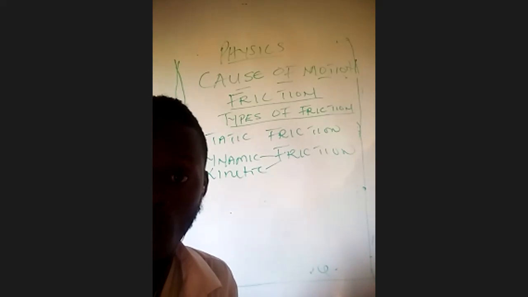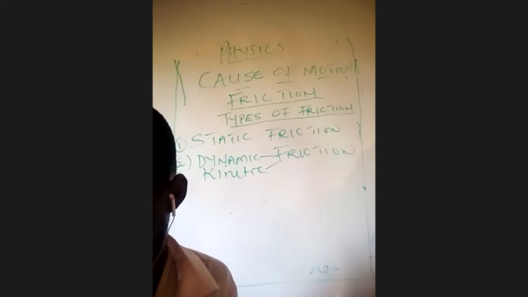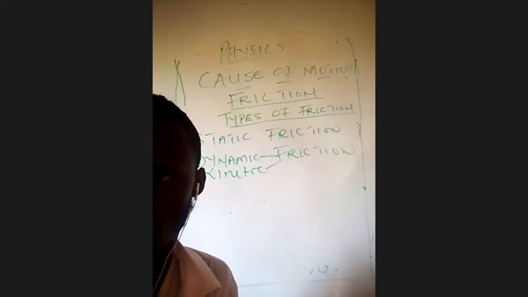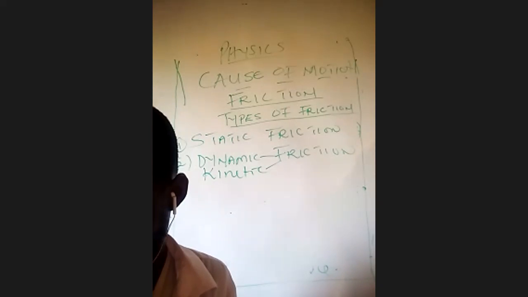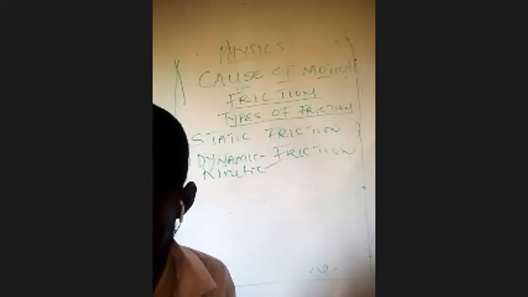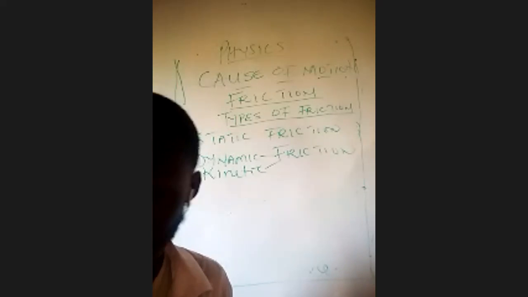We talk about friction. We said that when a solid is in contact with another, the roughness of their surfaces prevents them from sliding freely over one another. Such action is brought about by the effect of friction. We now define friction as a force which acts at the surface of separation between two objects in contact and tends to oppose the motion of one over the other.